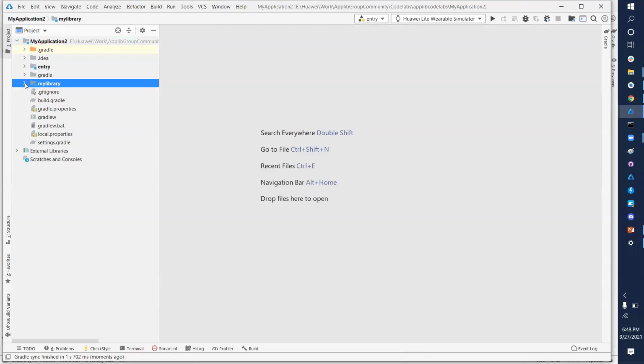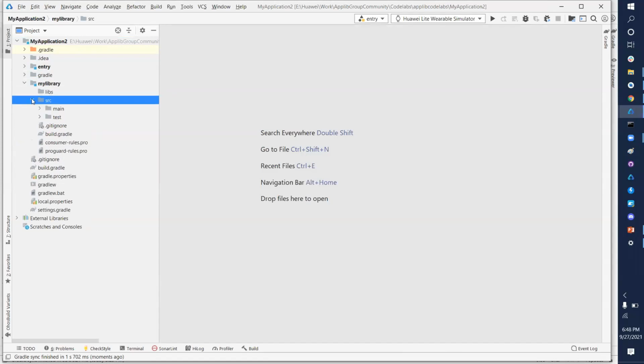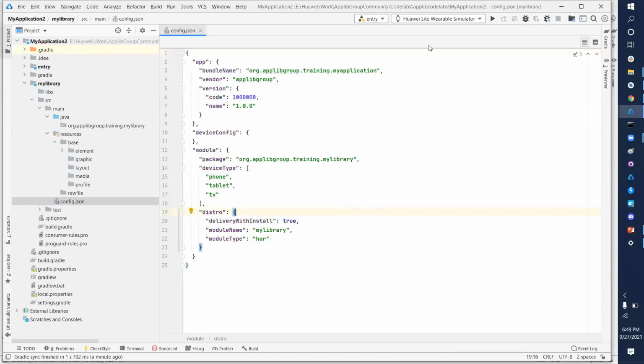Okay, we'll check how it looks. This library contains a default folder, which is empty right now, libs, a source folder with the default structure, and the important config.json, which is basically the deployment manifest of this project.